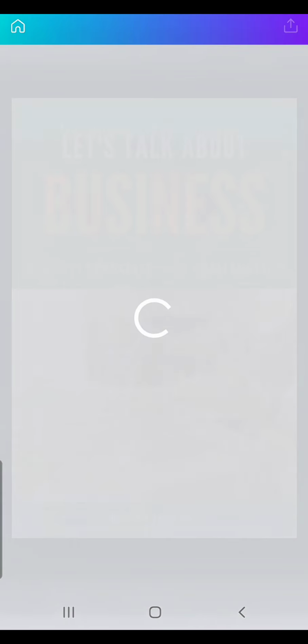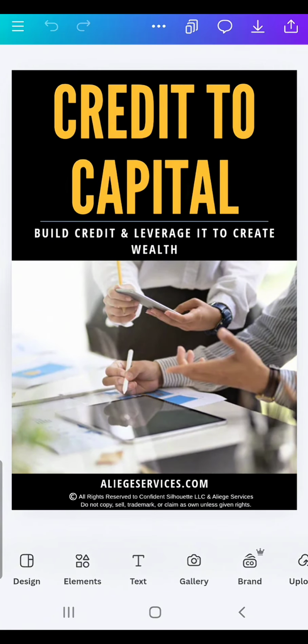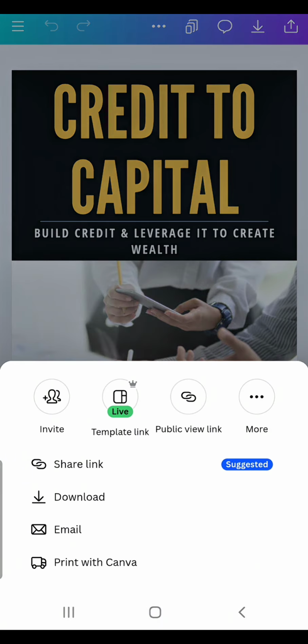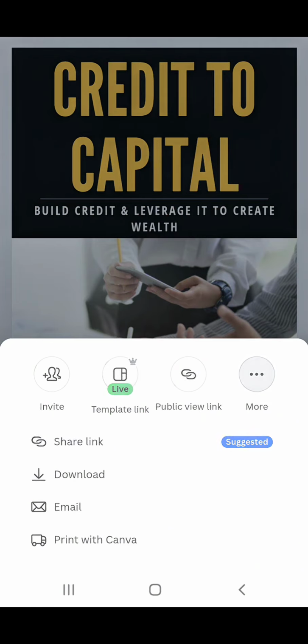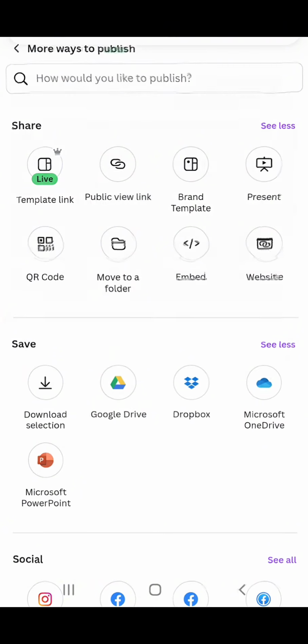First, you want to open Canva and go to whichever design you are wanting to create a template link for. In this case, I have a business credit ebook that I want to sell on Etsy. So you want to click the upload arrow and click more, and then click template link up in the top